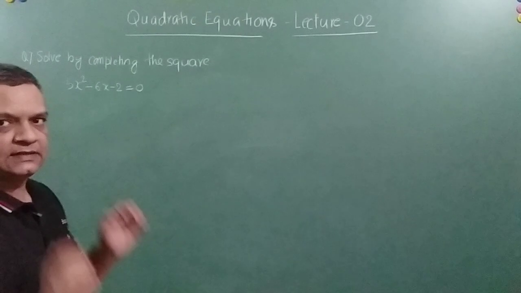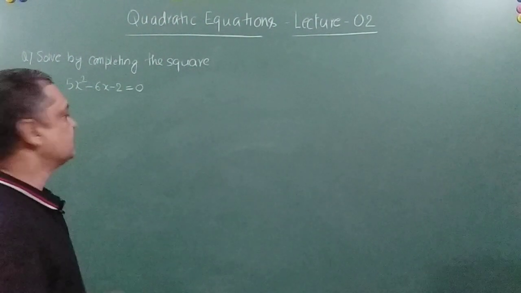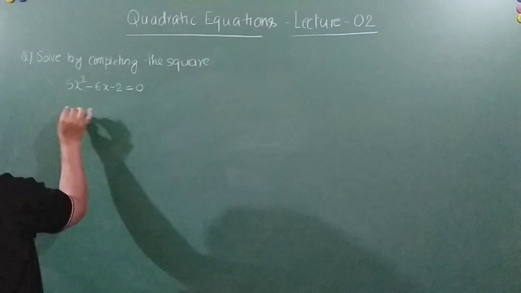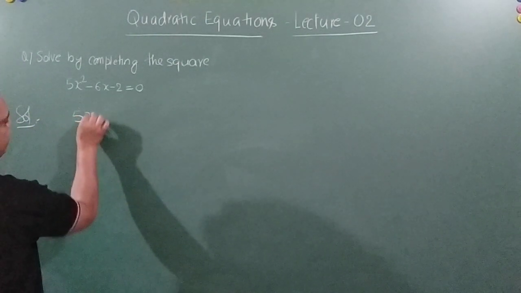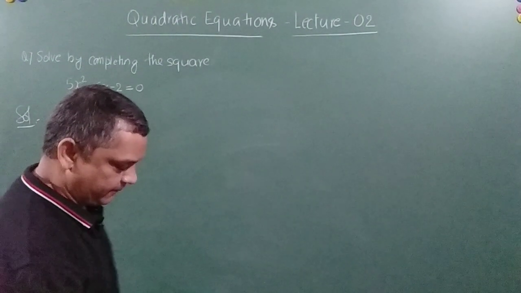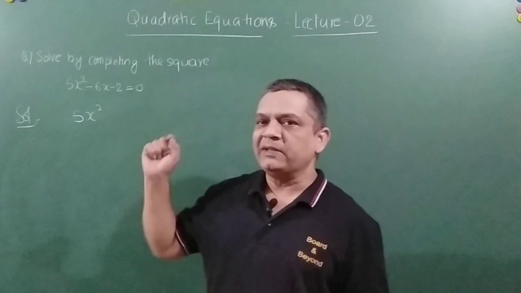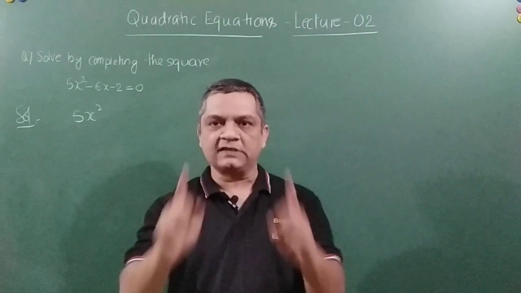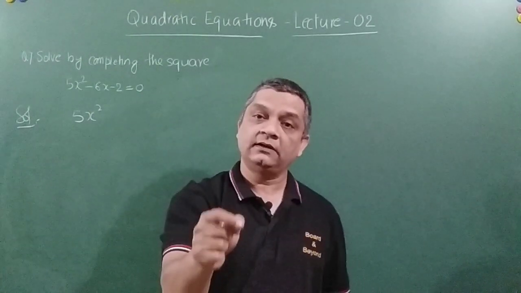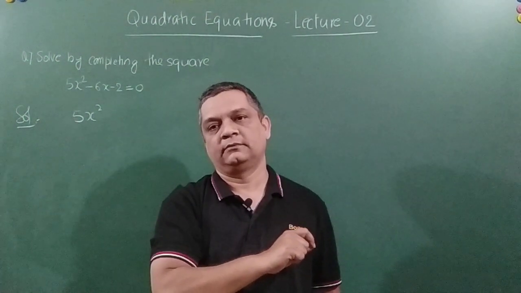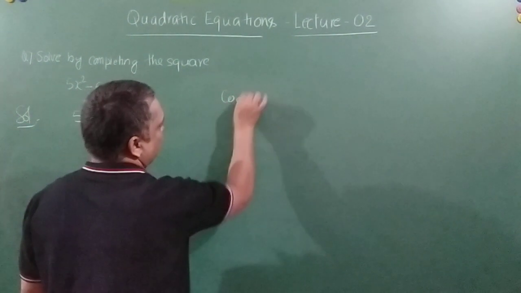So now please listen carefully, because this type of situation will arise in your examination and then you will have to basically come out of it, right? So what we can do is that we will try to solve it, friends. So this becomes 5x square. One more thing before that. So friends, when we are using the method of completing the square, the first term, that is the coefficient of x square, has to be either 1 or a perfect square. Please mind it. So I'll just write it on the board.